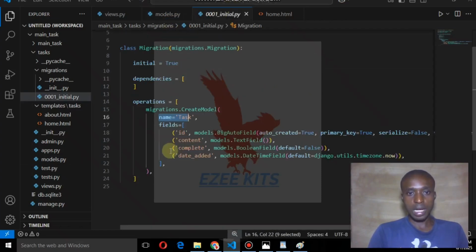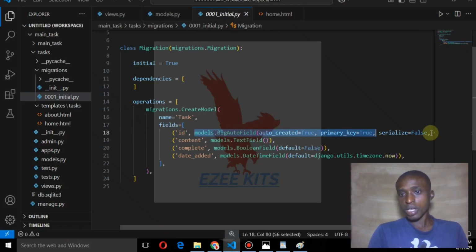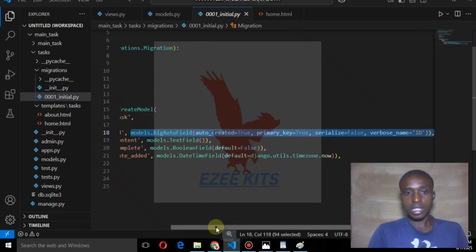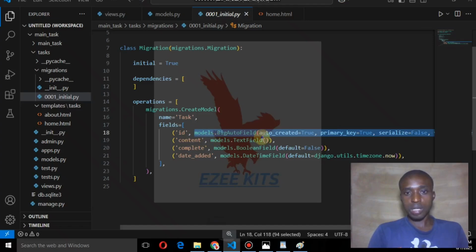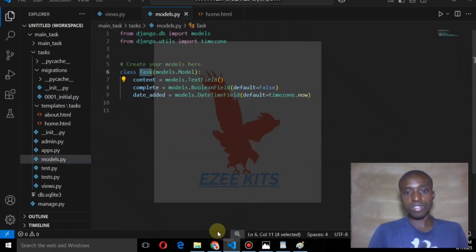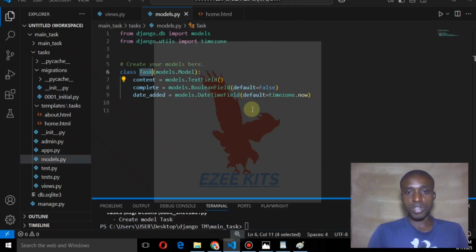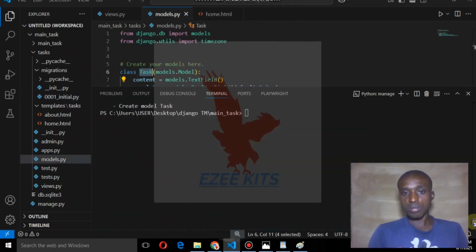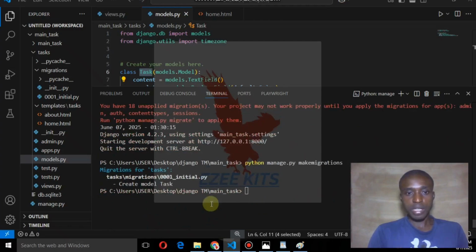And then when we look at ID, it's going to be models.BigAutoField, auto_created, primary_key is going to be True, and a whole lot of other things. So we also have the content and models field. So other information here has been populated already, including that of the ID, but our content is what is left open. So we need to fill that up by making users send that information. So since we have actually made the migration,